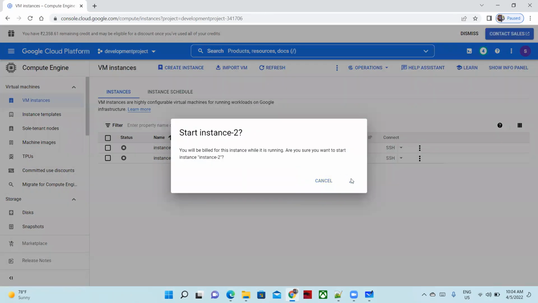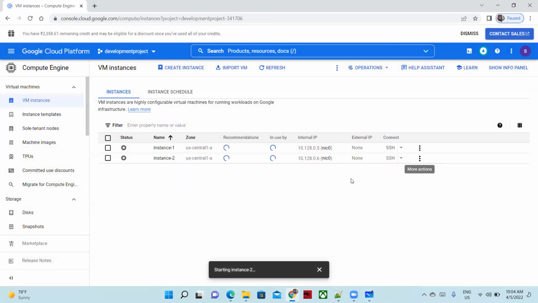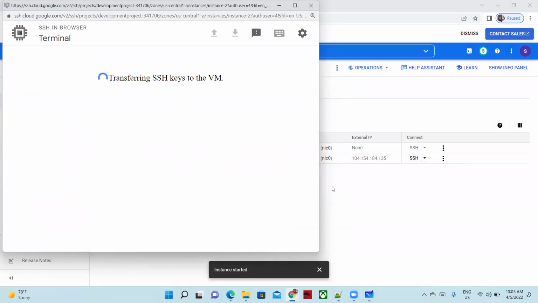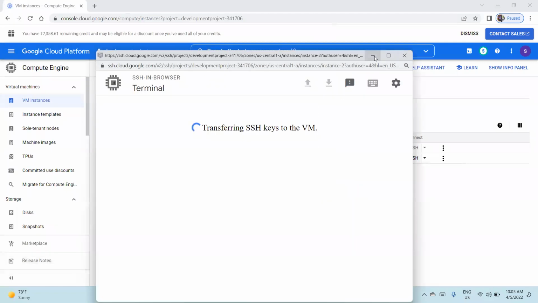So let me start my virtual machine. Yeah, it's in running mode. Just try to do SSH because I want to connect to my virtual machine in order to use Terraform today. So it will take some time, right? So before going through there,